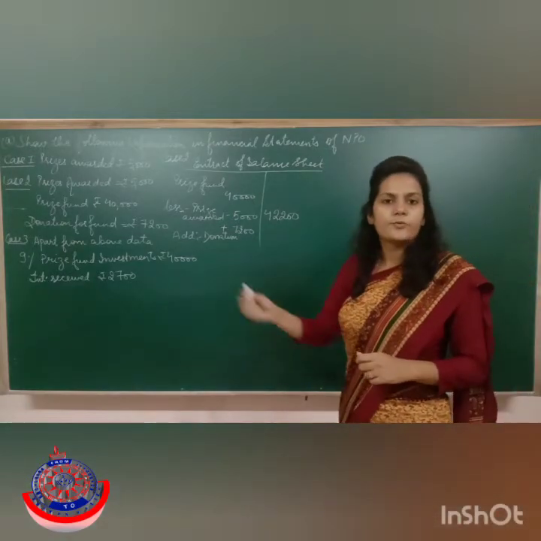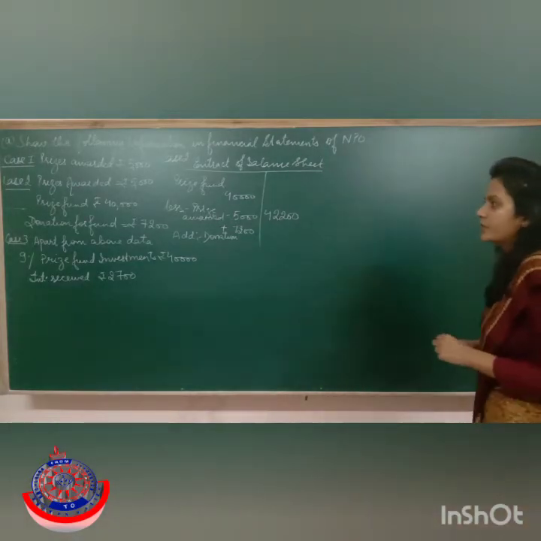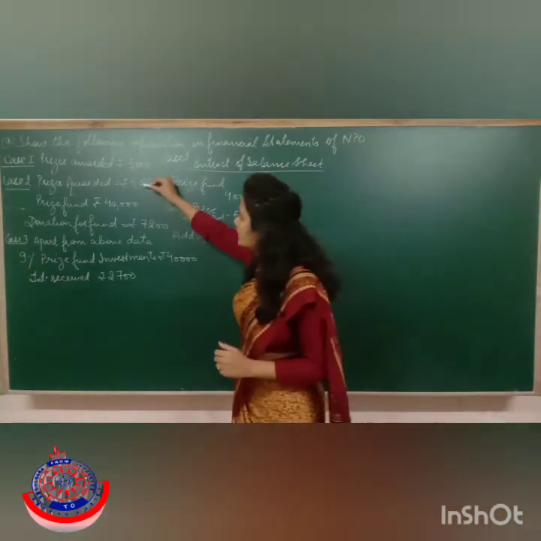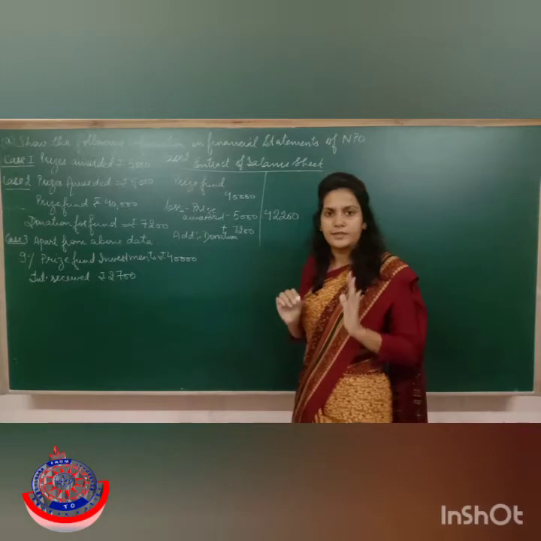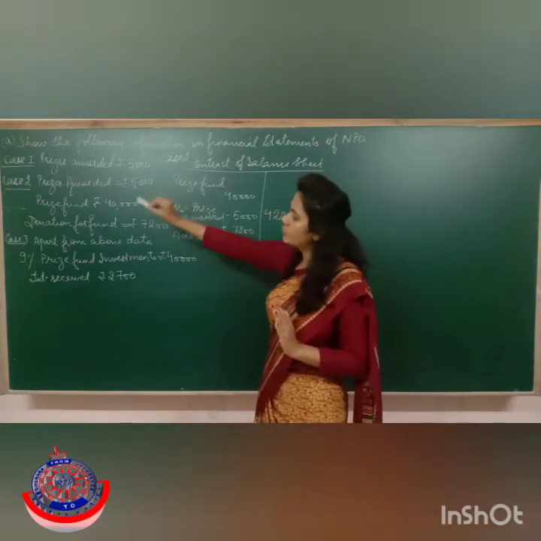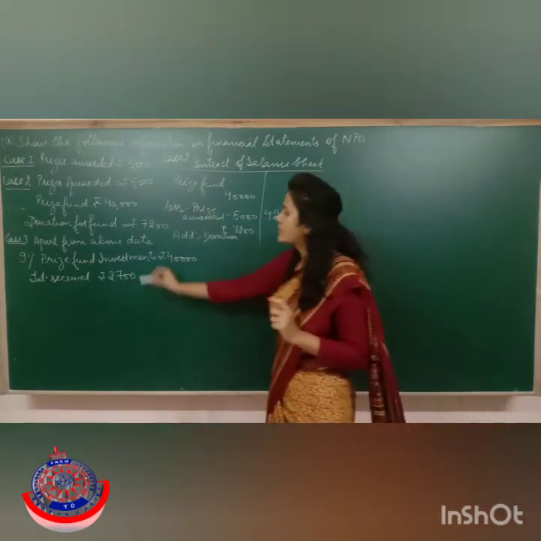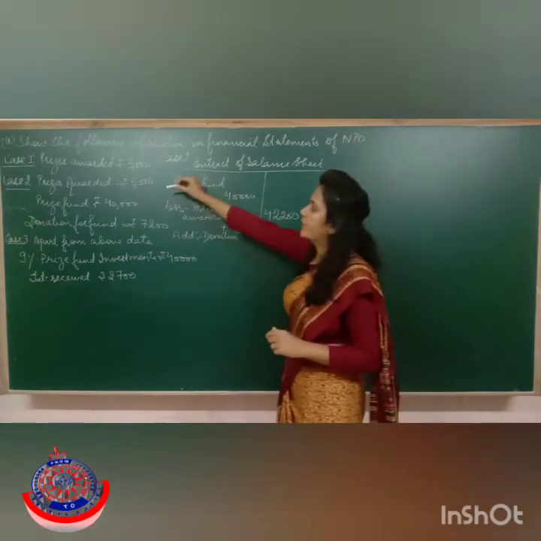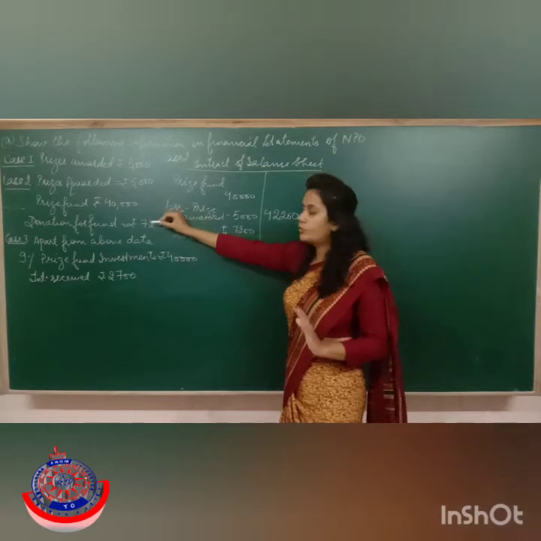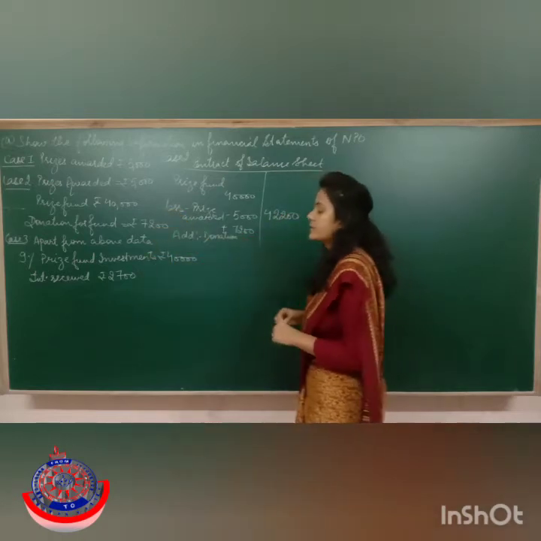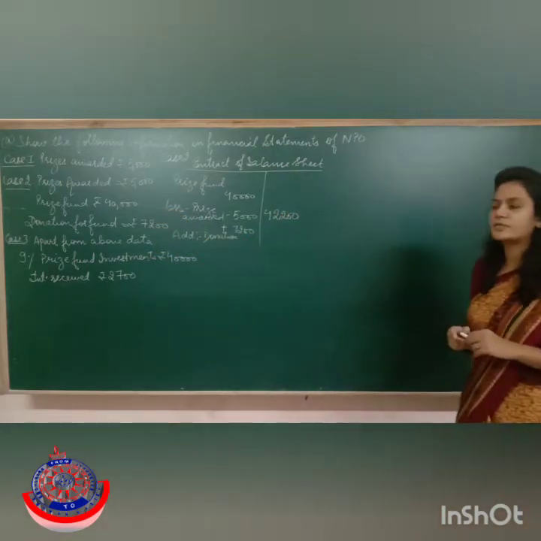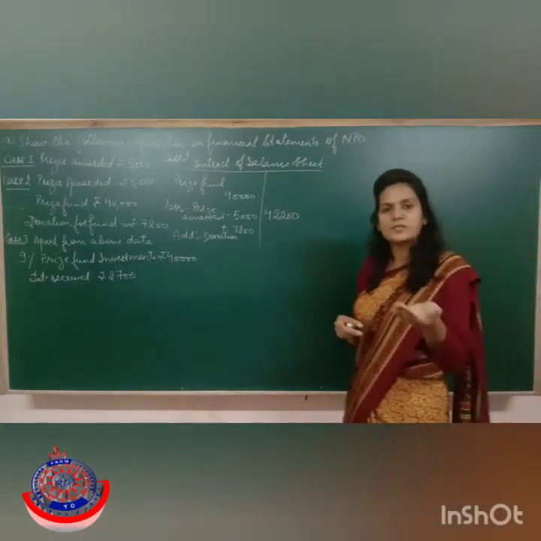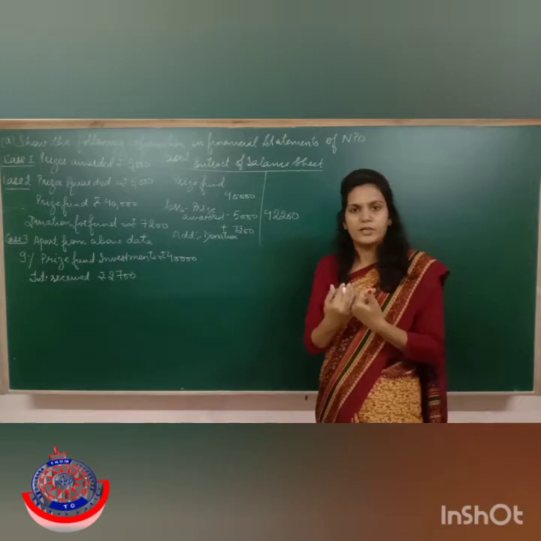So now let's come to case number 3. Case number 3 is apart from the above data. It means that this data will remain the same. The data given in case number 2 will be used in case number 3 also, but some more adjustments are given. Prize fund, awarded prizes and donations are given to you, but 2 more things are given, that is 9% prize fund investment of rupees 40,000. It means that we might have invested the money which we have got.